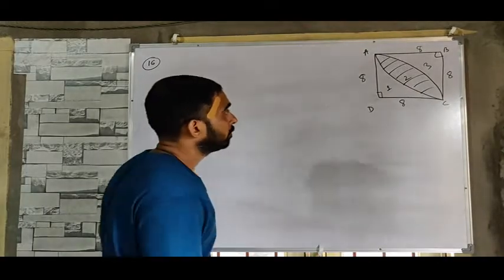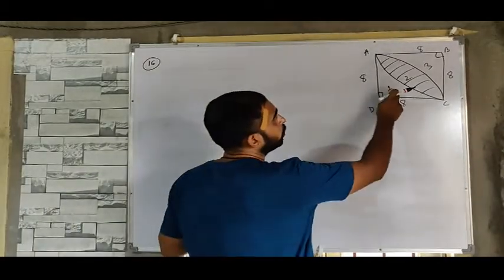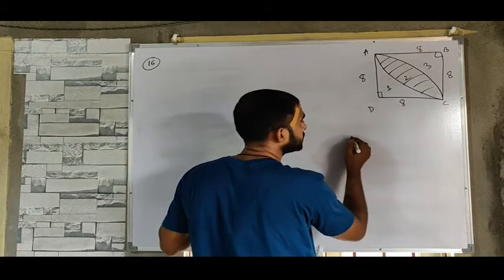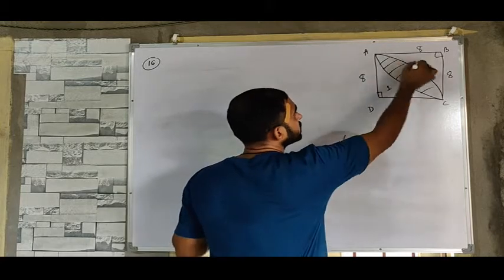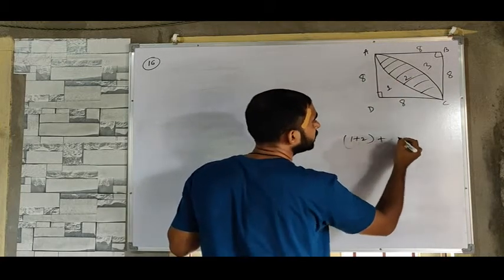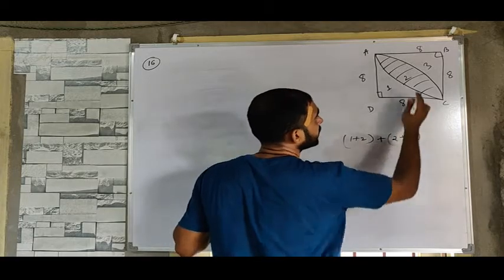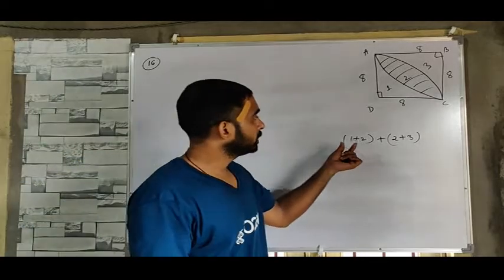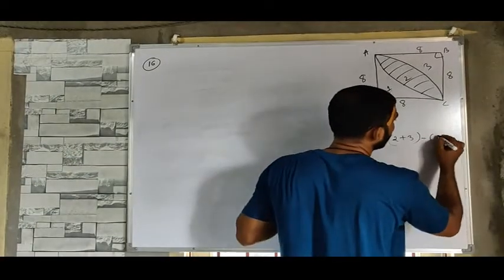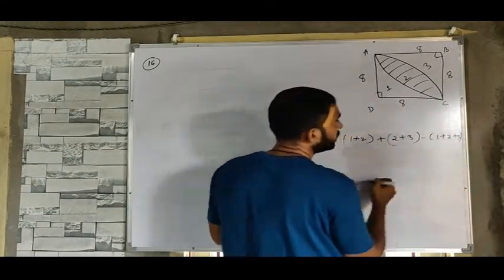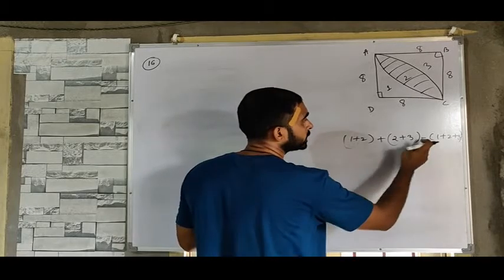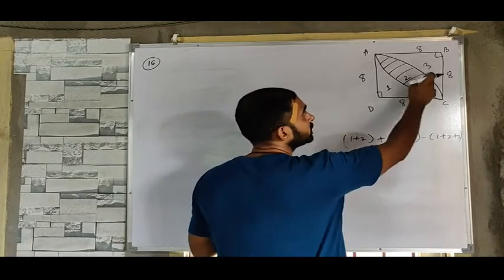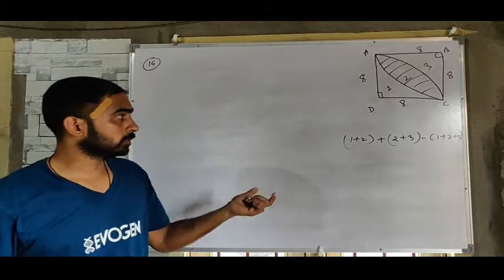Now see what the rough diagram is. 1 plus 2, 1 and 2 makes what? This quadrant. Then similarly 2 and 3 makes this quadrant. And the question is to find the value of 2. So see, if I subtract 1, 2 and 3, then 1, 1 cancel, 2, 2 cancel, 3, 3 cancel, only 2 is left. 2 is the shaded portion or not? So this is the solution.